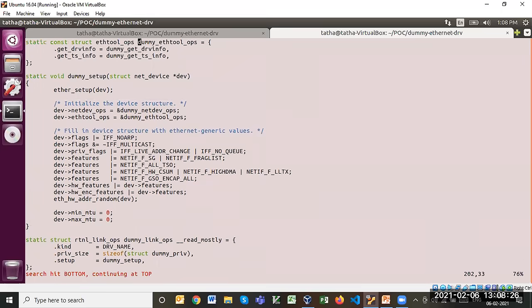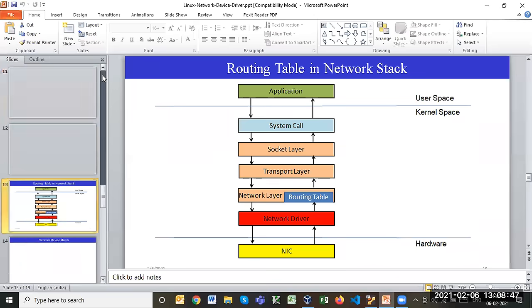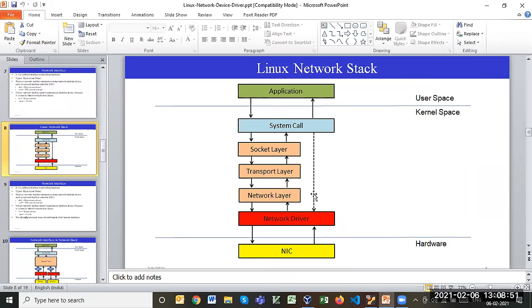This ethtool is an application in the user space area. If you need to get some information directly from the driver, as we have seen from the system call, there is a direct link between the system call and the network driver.